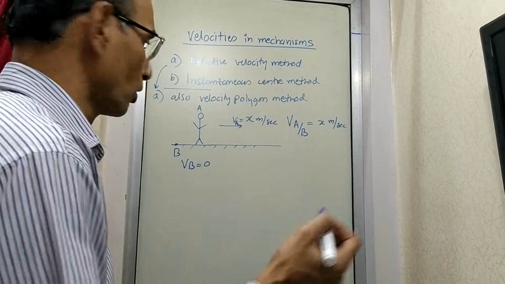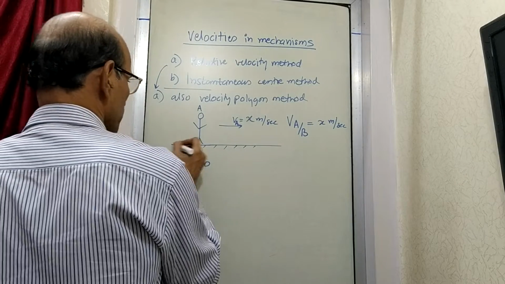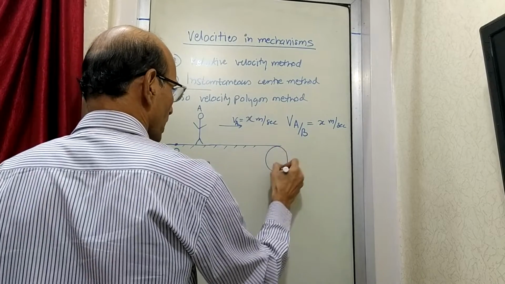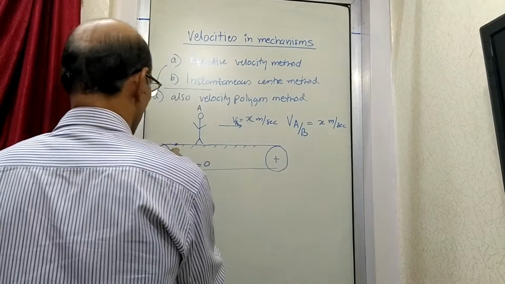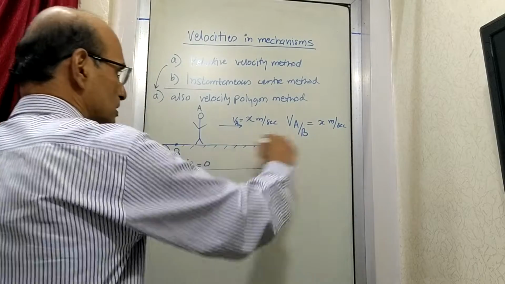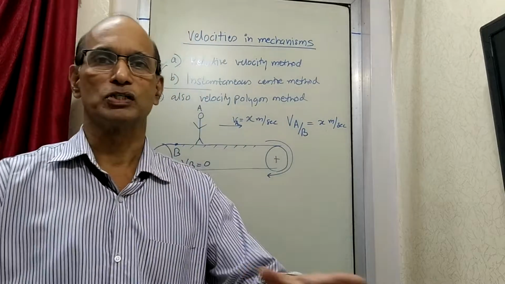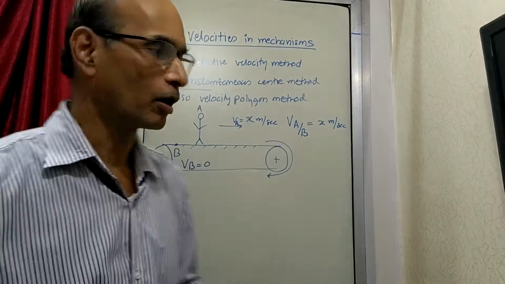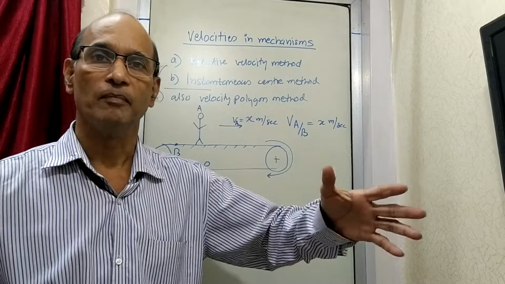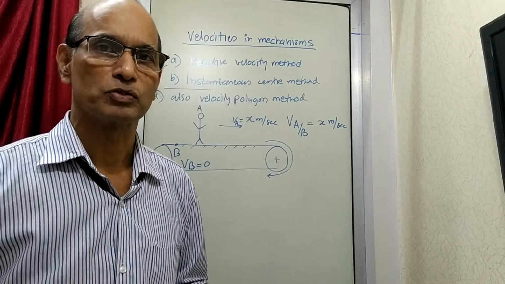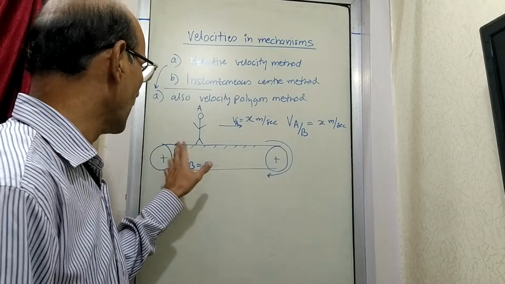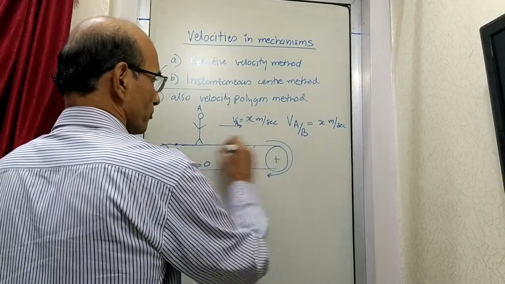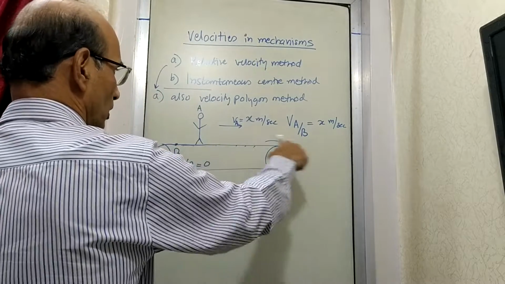Now just see one more example. Suppose this road is a conveyor belt. You know the meaning of a conveyor belt? It is just like at an airport, where there is a baggage counter and the baggages move along the belt. In fact there are belts on which people stand and move from one place to another. So think that this is not a road, but a belt which is capable of moving forward like this.